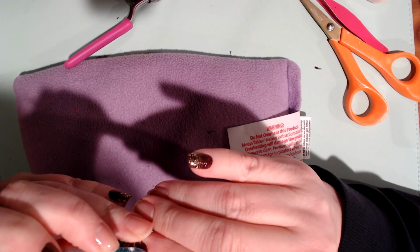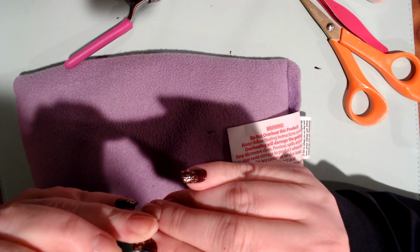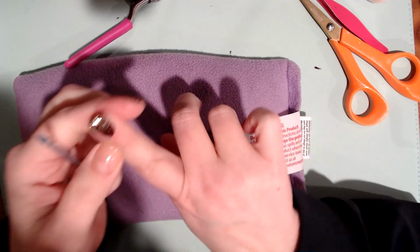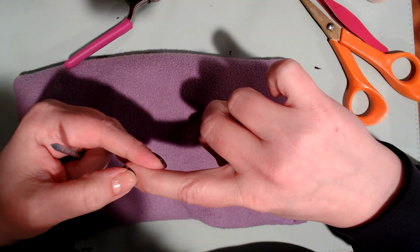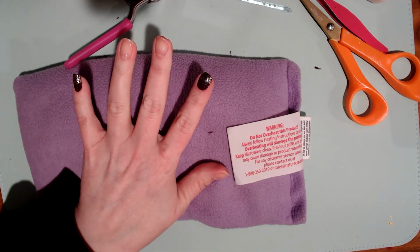I had this crystal file that I got when I went to the Tulip Festival years and years and years ago at a fair thing that was by the Tulip Festival. And